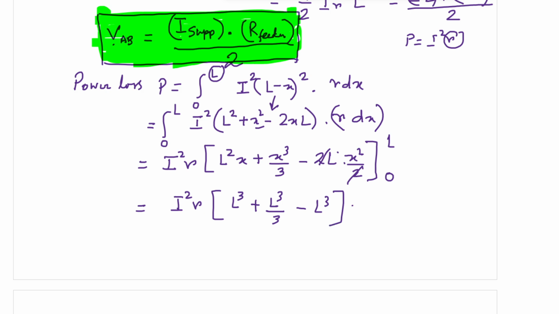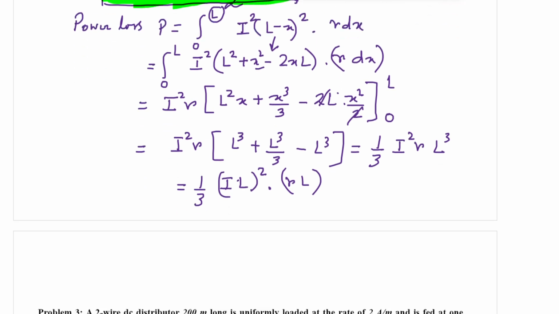So it will be 1/3 I square R into L cube. So this should be written as 1/3 into I into L whole square into R into L. So the total power loss is given by